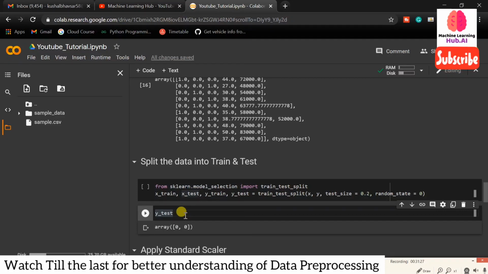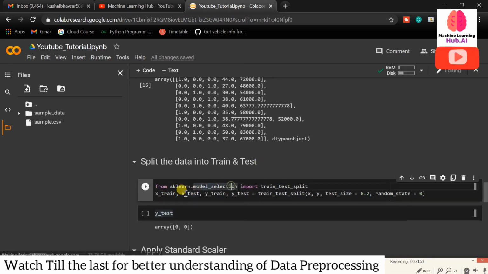We have 100% of the data, so we feed only 70% of the data to our model, and the other 30% we do not show to the model. After the model is trained, we give it that 30% and tell it to predict based on what it learned from the 70%. That's why we do training and testing. We import train_test_split from sklearn.model_selection; the function is already available by default.